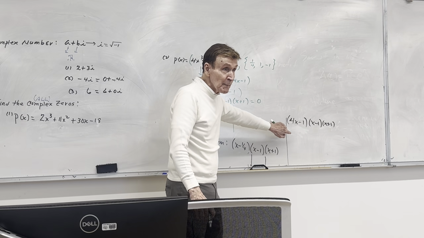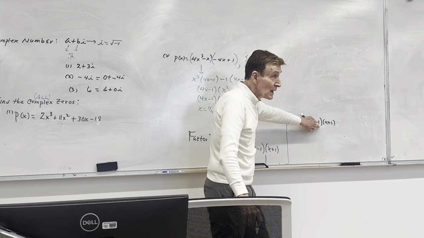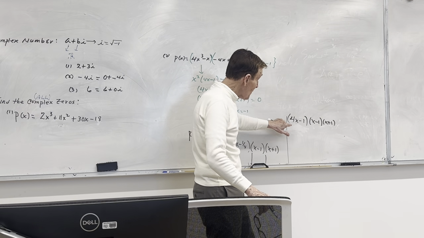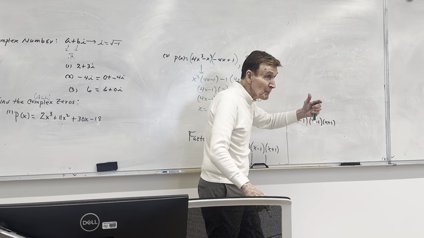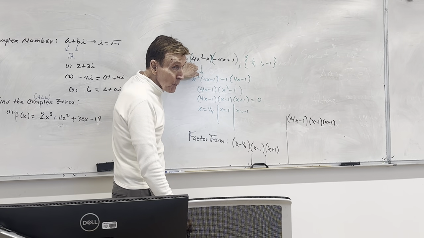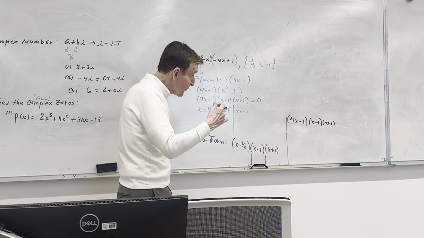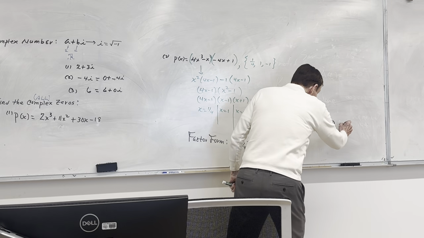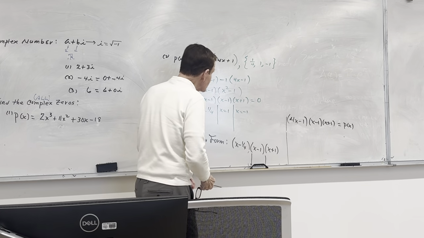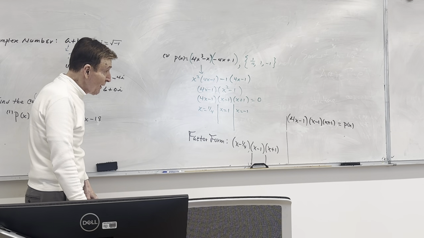By the way, does that still give me 1/4? And this still gives me 1? And negative 1? I still get the same zeros, so my zeros are fine. Now, when I multiply this out, will that first term now become what I want it to become? Would I get a 4x cubed if I multiply all the first terms together? So guys, that's the preferred form. By the way, this is p of x in factored form. Okay, we found the zeros, we put it in factored form, and I wish I had time,